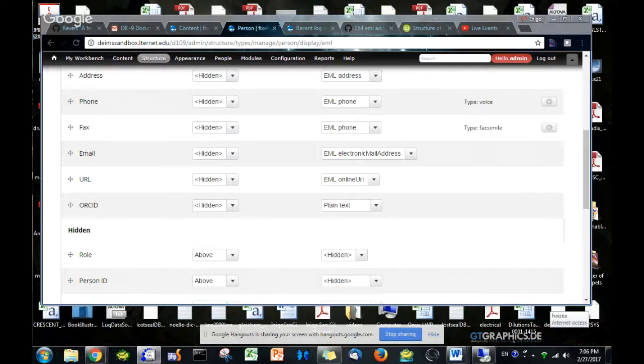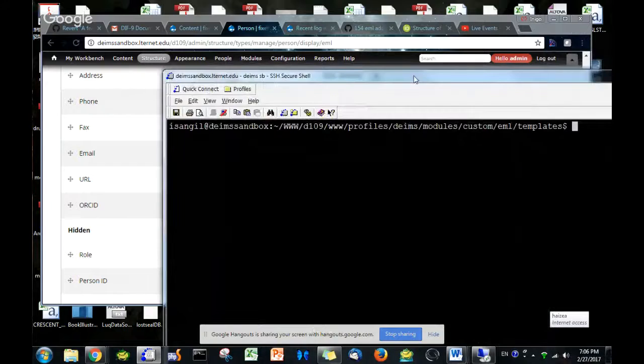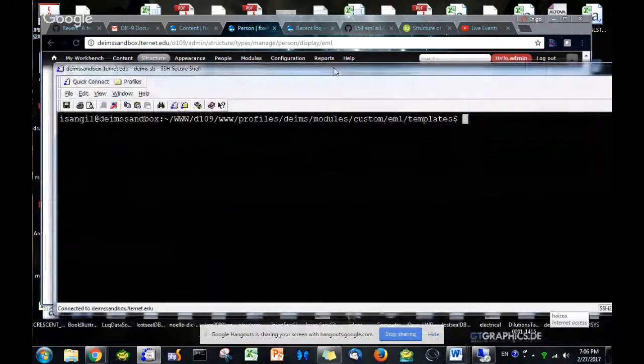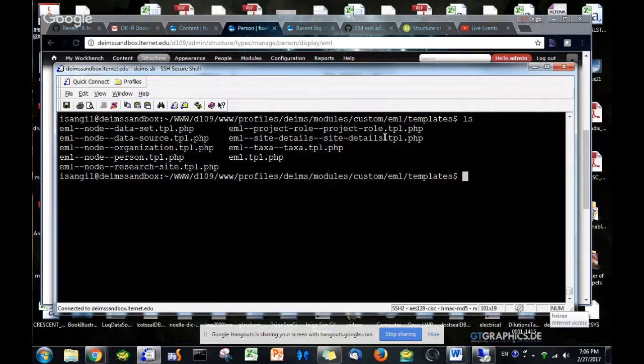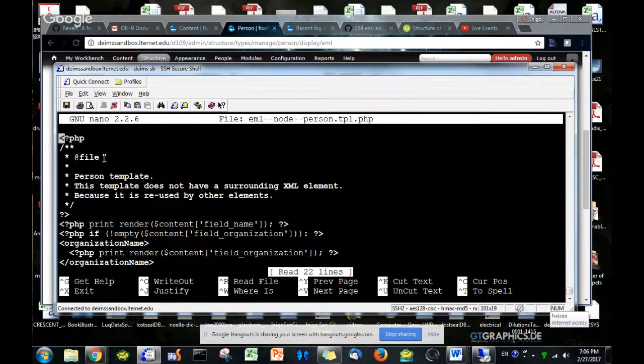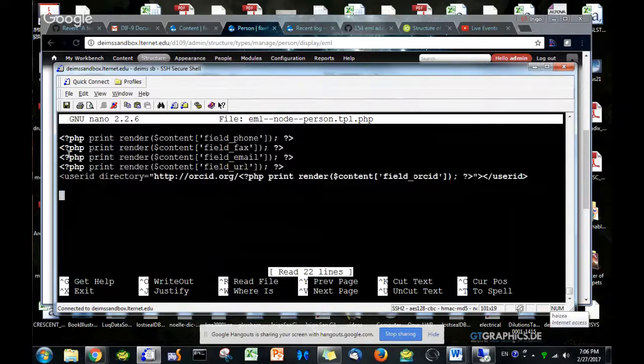Last but not least, you are going to go to the file system where your Drupal codebase is, and specifically to profiles, DEIMS, modules, custom, EML templates folder. In there, you have the templates for EML. The one that you need to modify is the EML node person. What you want to do in there is add a line at the very end that says,